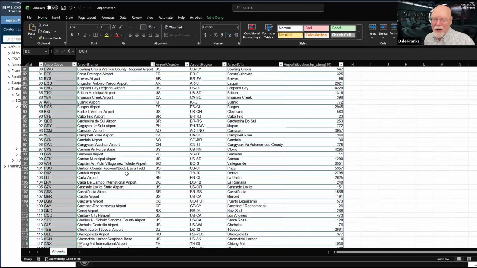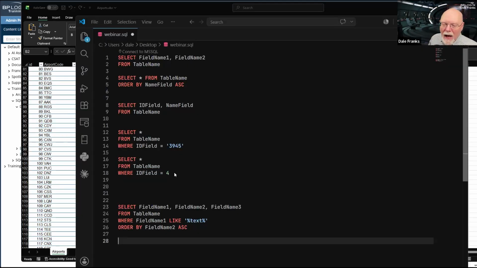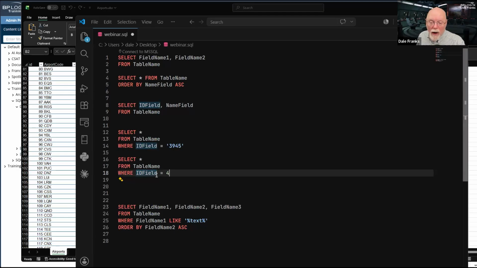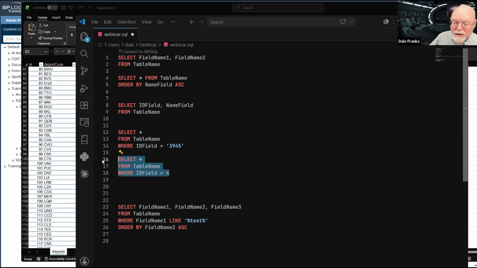That's a unique value as well, but we'll ignore that for right now. We will assume that outside of this ID field, all of the other values may be repeated. I don't know that they will be, but I have to assume that they will be. So that ID is important, because it's the only field I can depend on to return a max of one record at a time. If I do anything else, it may return multiple records.